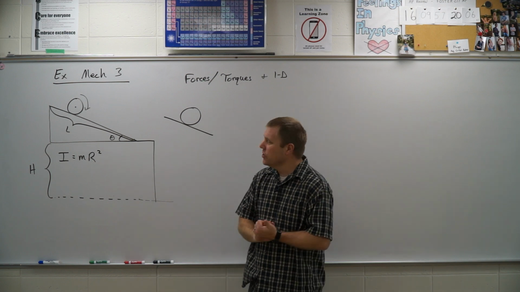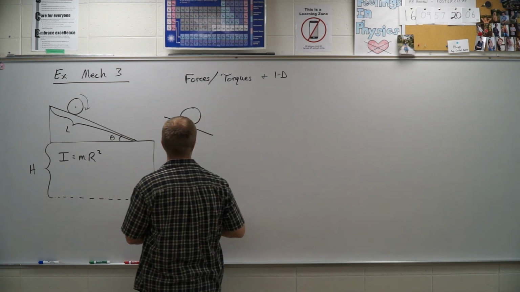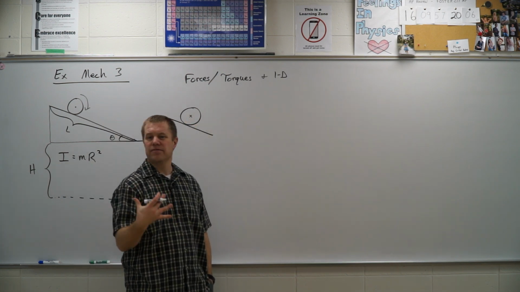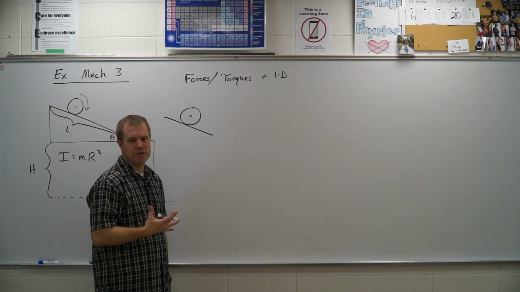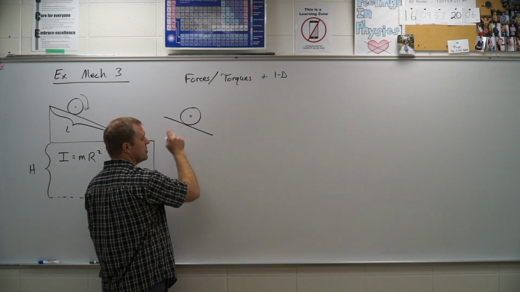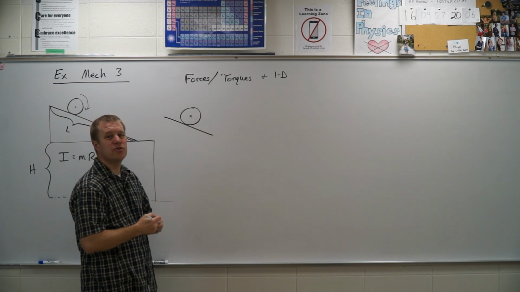So the first scenario, we are going to go ahead and use the center of mass as our axis of rotation. We won't have to use the parallel axis theorem. We already know the moment of inertia if we choose that as our axis of rotation. The second method I'm going to show you here, we're going to go ahead and choose our axis at a different location. So to do the forces and torques method, the first thing I need to do is draw my